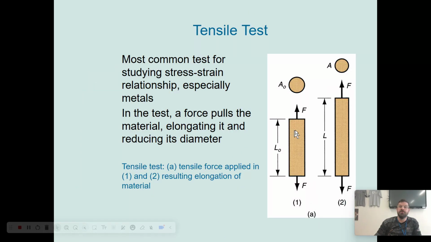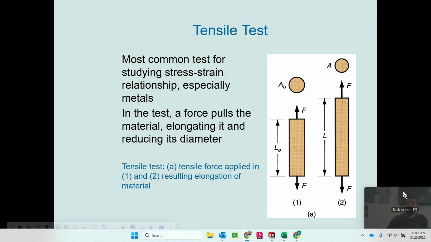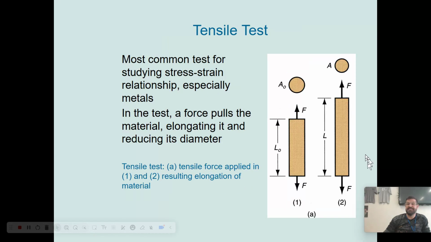Okay. So we're going to dive in deeply into the tensile strength test. It's the most common test for studying the strain stress or stress strain relationship in a material. It's the easiest to conduct, and pretty much every materials lab you ever visit that has anything to do with manufacturing is going to have a little setup where they have a machine that will pull on a piece of material and see how much force is required to make it bend. Okay, so